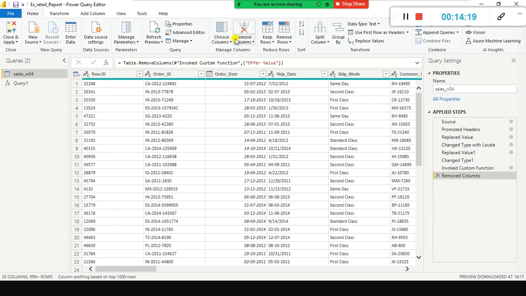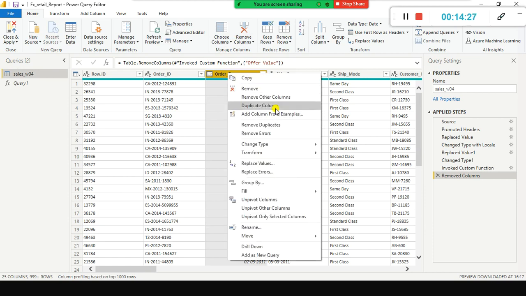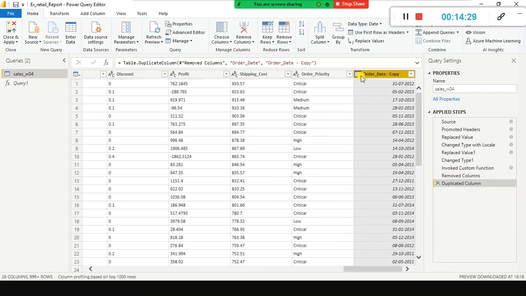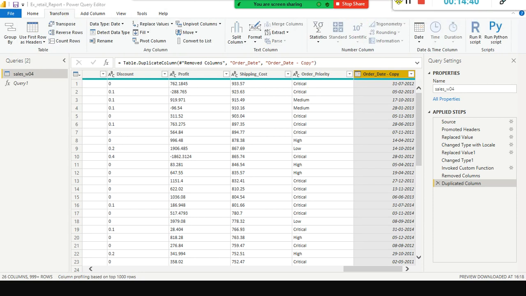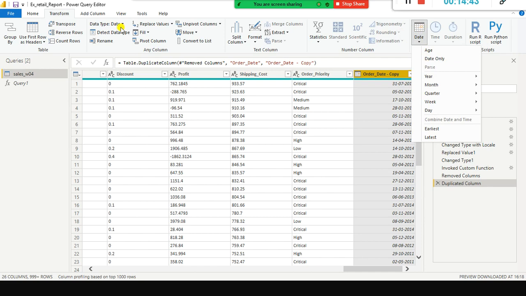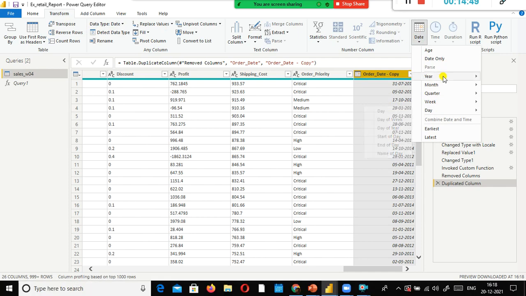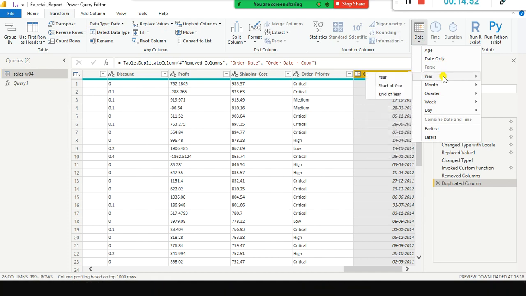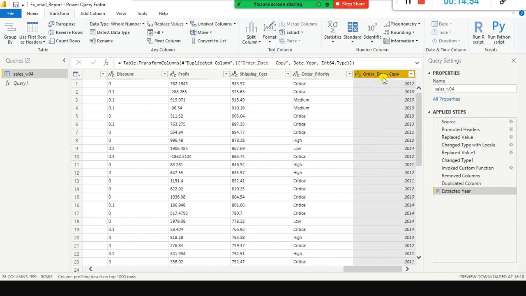Fine. So here, let us see what is order. See, this is my order date, right? So this is my order date column, and if I want to duplicate this column, okay? Look here, the order date column got copied here. So what I do is, if you go to transform, you will find something called the date icon here. Can you see it? In the transform ribbon, you can see year, month, quarter, week, day. With this you can extract year alone from your column, okay? You can extract only year. Look here, I just selected year alone.